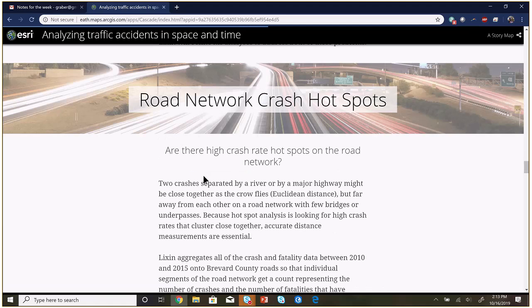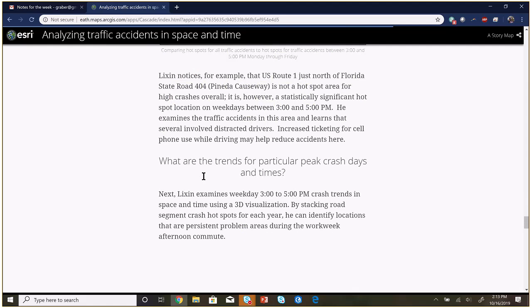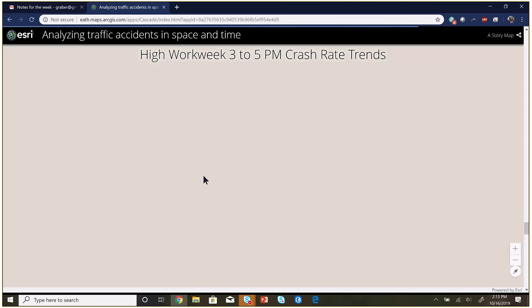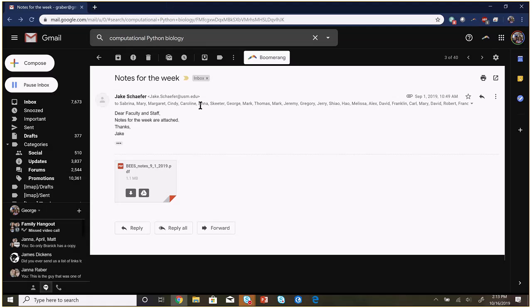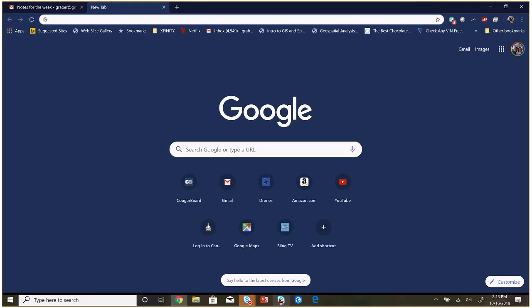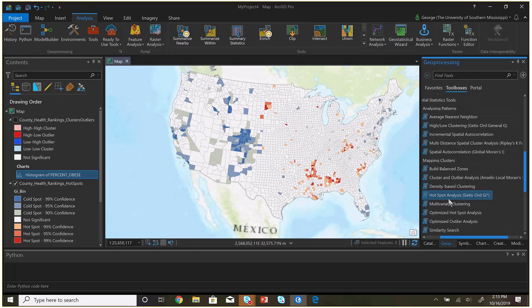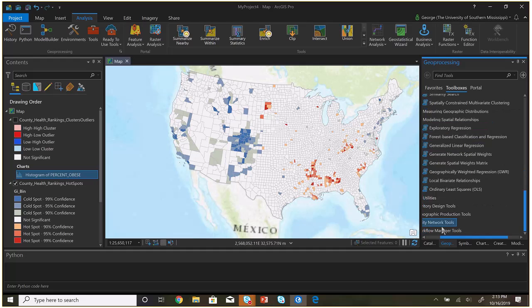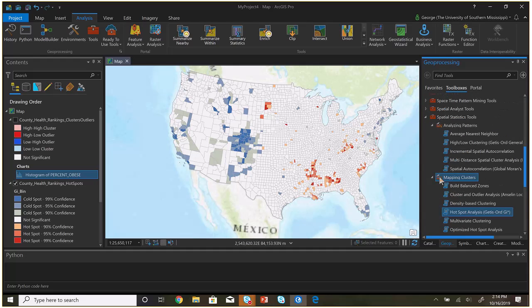All right, so you could create a map like this. The link for this is posted. You could create a map like this for the tornadoes now, if you really wanted to. Now, one of the things that they have done, this is a new tool. That story map was actually created before these tools were inside of ArcGIS, but now there's actually a whole new toolbox that they just put in less than a year ago,